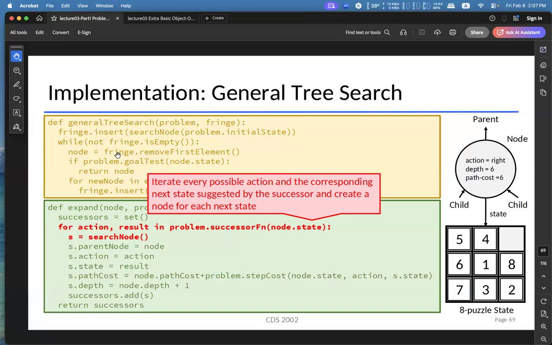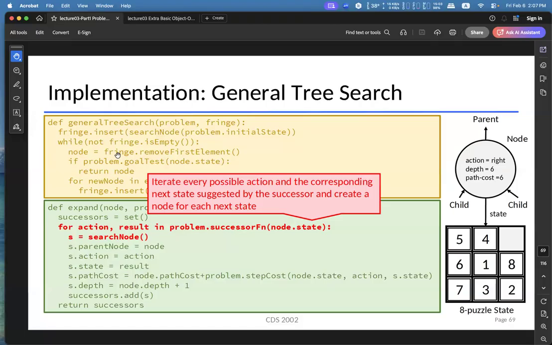This is also the reason why the search algorithm doesn't need to know exactly how the problem works. All the details are encapsulated by the problem's successor function.